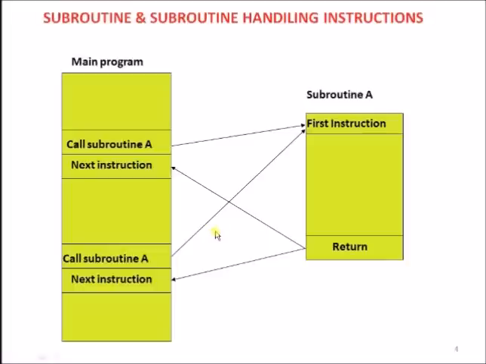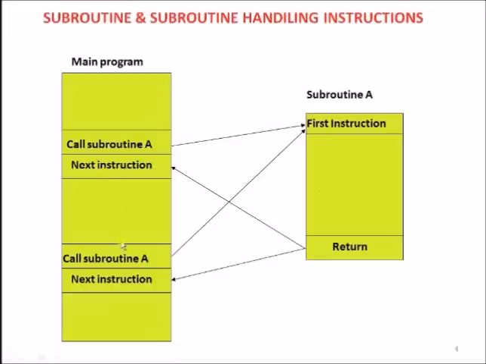Subroutine, function, or routine, all are the same, and are used for performing a specific task. Now how do we call a subroutine? A subroutine is called by using an instruction. Whenever the subroutine is called, the control will be transferred to the first instruction of the subroutine, and it executes the subroutine. After executing the subroutine completely, the control will again be transferred to the main program, where it resumes the execution of the main program.